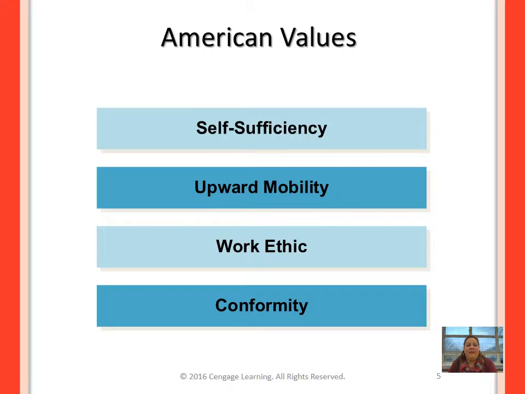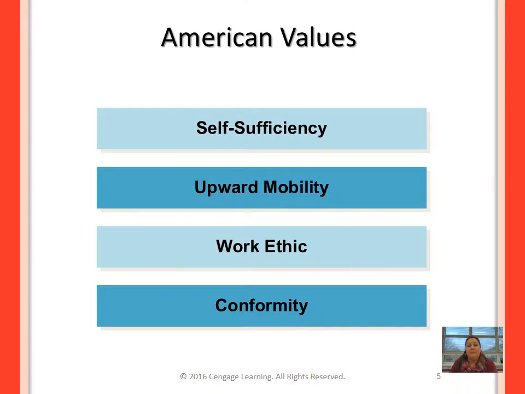In our society, a value is a strongly held and enduring belief. You see on the screen the 4 basic values, shown as influenced by the attitudes and lifestyles during the first 200 years in the U.S. Self-sufficiency: every person should stand on his or her own 2 feet. Upward mobility: success comes with getting an education, working hard, and playing by the rules. Work ethic: hard work, dedication to family, and frugality are moral and right. Conformity: no one should expect to be treated differently from everybody else.